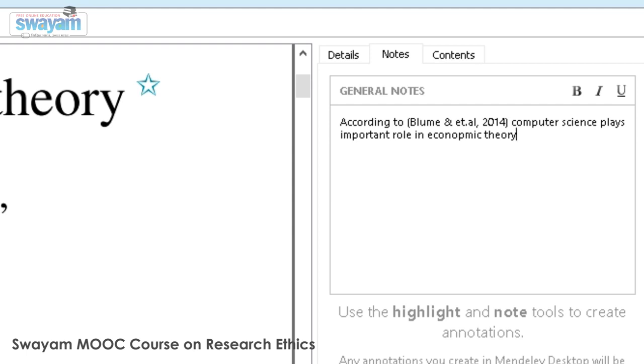Computer science plays an important role in economic theory. This is just a simple note which I would like to add here.